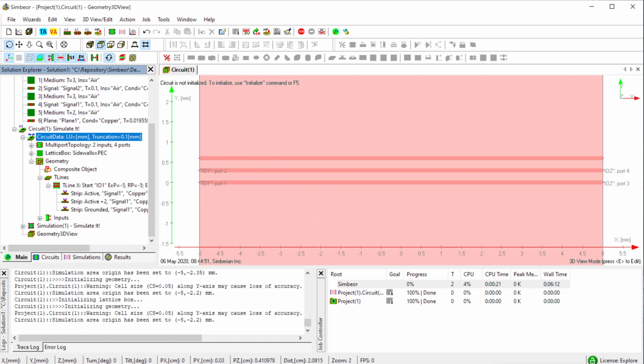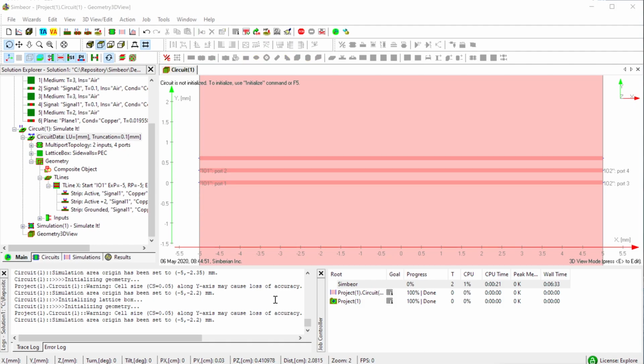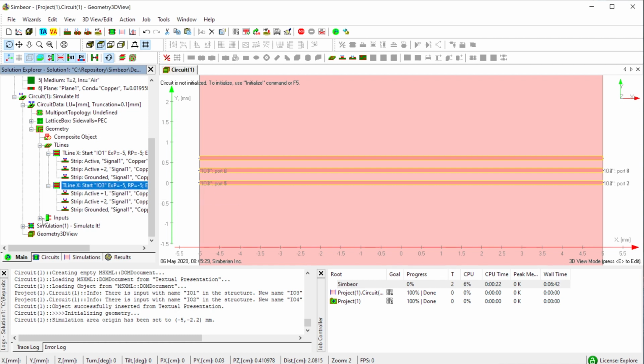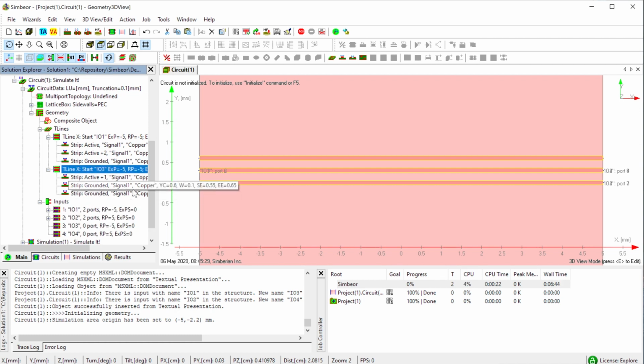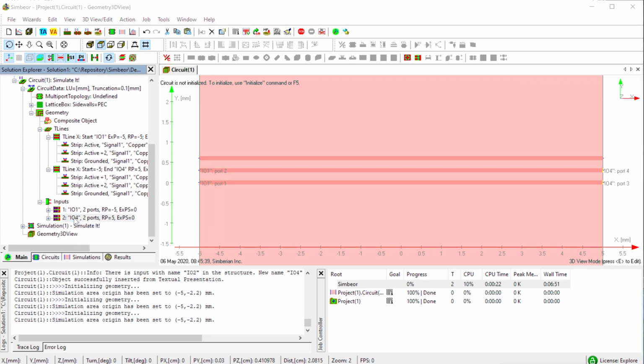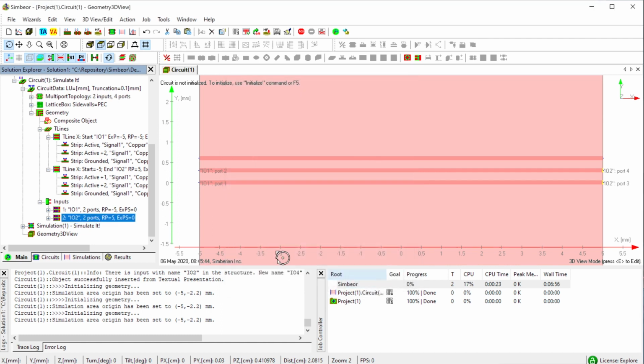Now I need to just keep wires 3 mm on this side and 2 mm on this side. So straight wires here. To do this, I simply multiply this T line, make it two also, and inputs are also multiplied. Then delete the second input for the first transmission line and the first input for the second transmission line. Rename this input as IO2. Okay.